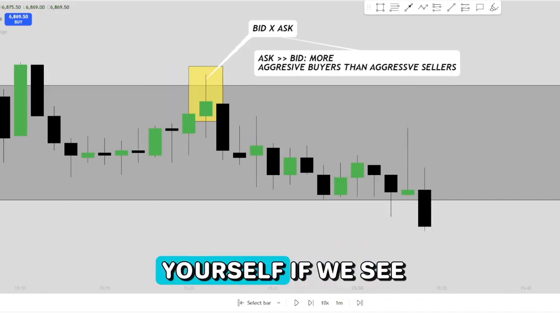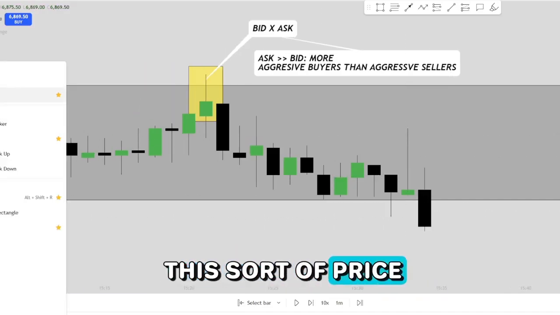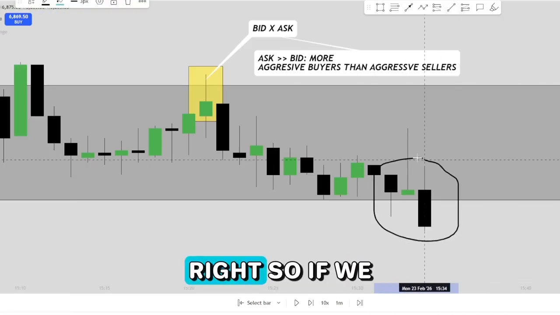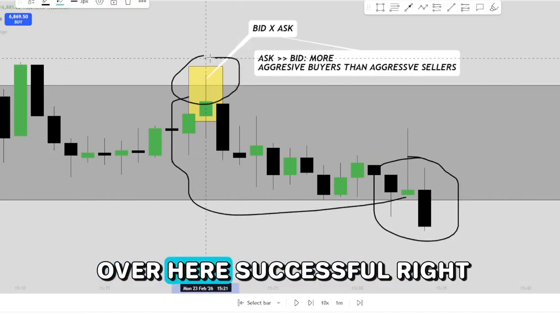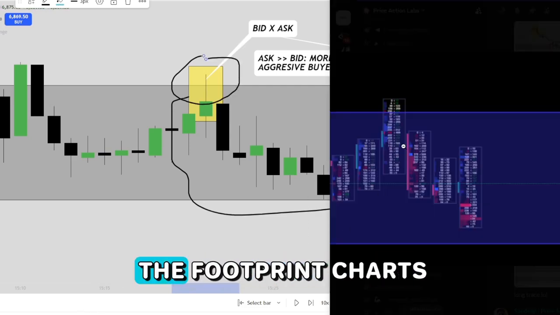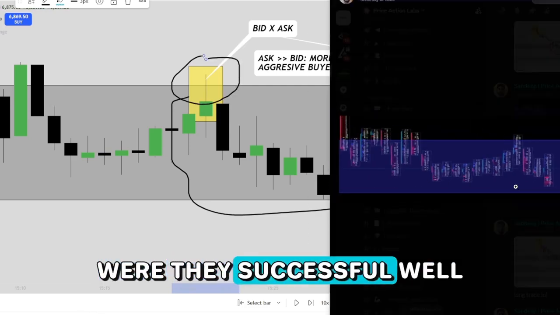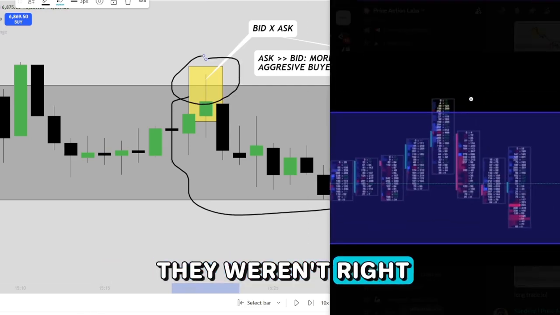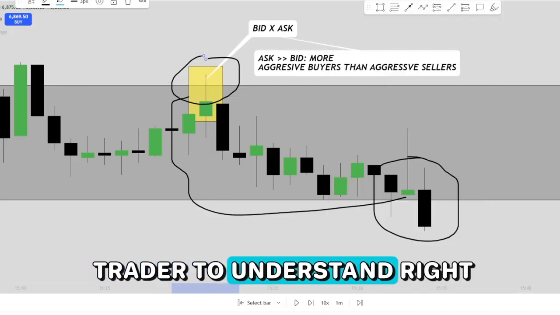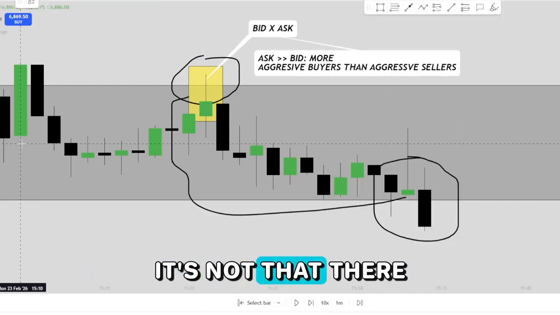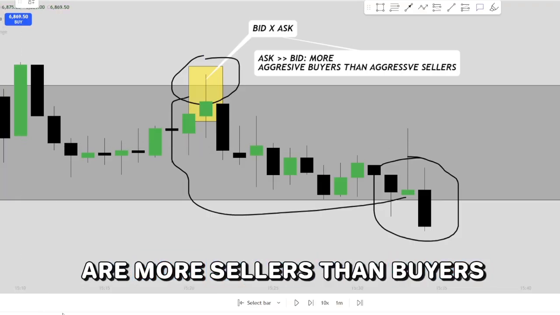So you want to ask yourself, if we see this sort of price action here, right? If we break below the zone, were all these buyers over here successful, right? All these buyers on the footprint charts, were they successful? Well, the answer is no, they weren't, right? All these buy orders here were trapped. And so this is what I want every trader to understand, right? It's not that there are more sellers than buyers or more buyers than